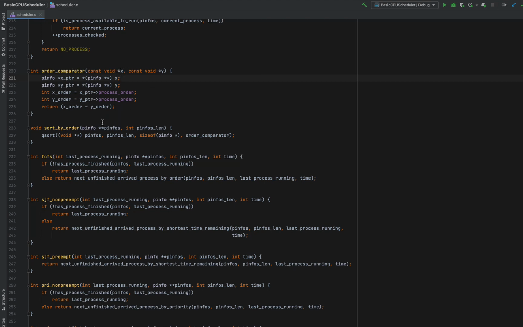Now we know the elements of our array, which is the pinfos array that we have here, are basically addresses to structures, right? So now that we have an address of such an element, and that element has an address of a structure, we have to cast the X and the Y as pinfo double pointers, right? And its value is going to give us the pointer to the structure as we have written in the left over here. So now that we have the pointers to our structures, we can use the arrow notation to figure out the process orders, right?